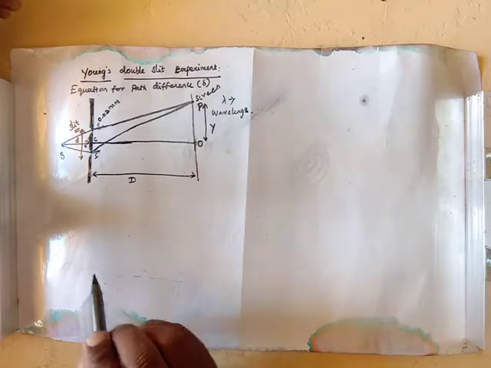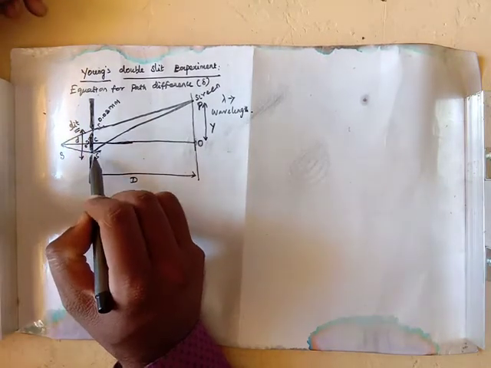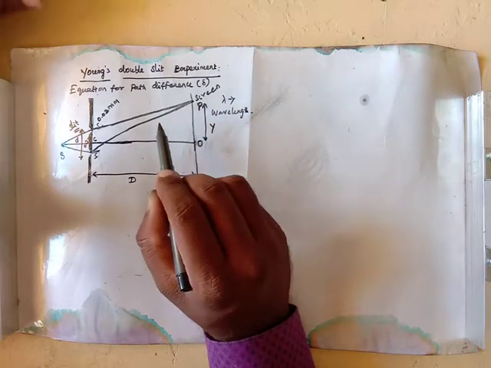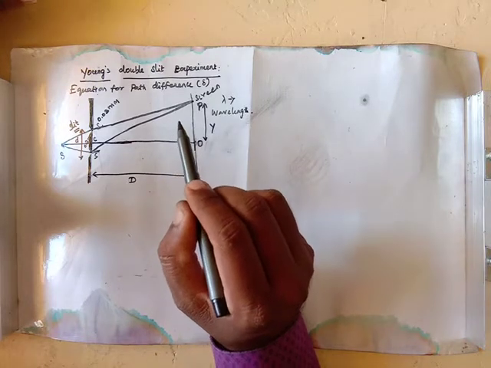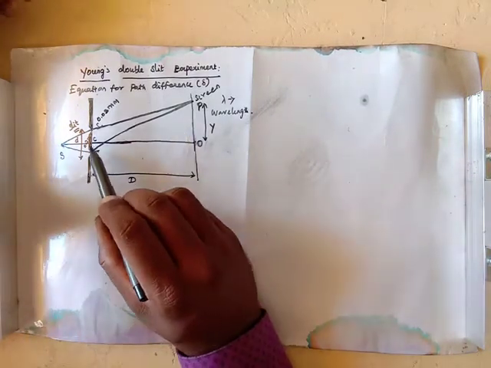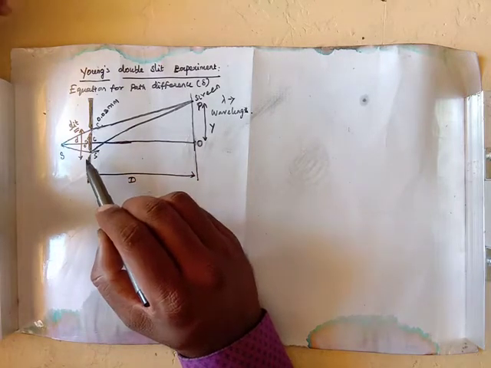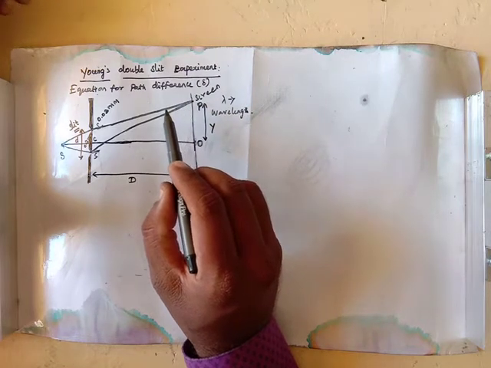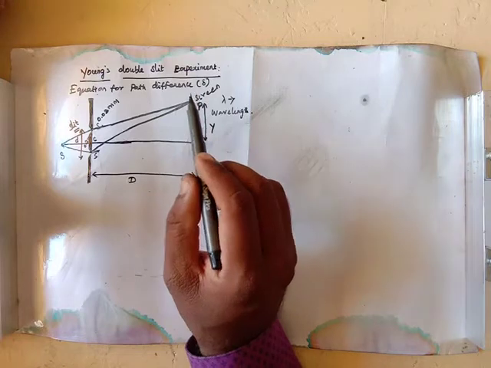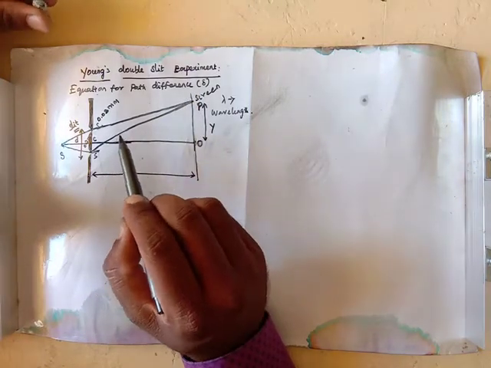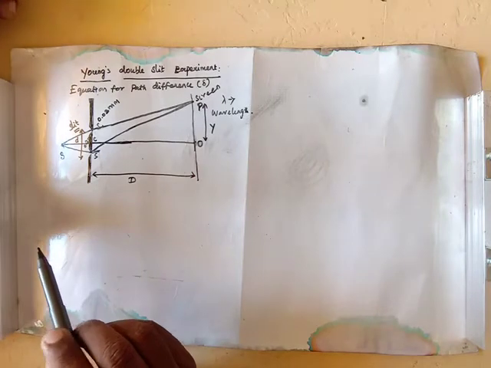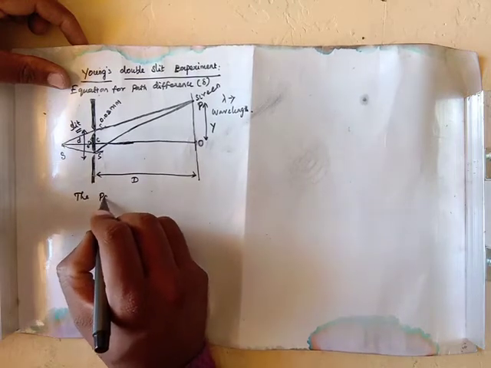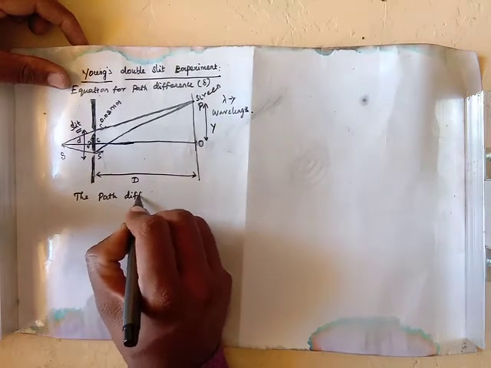So here the waves from S1 and S2 meet at a point P, either in phase or out of phase, depending upon the path difference between the two waves. The light is passing through S1 and S2 and reaches the point P. It may be in the same phase or out of phase, depending upon the path difference between the two waves. So to calculate the path difference of the two waves,